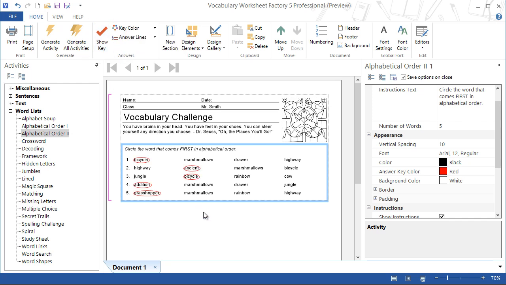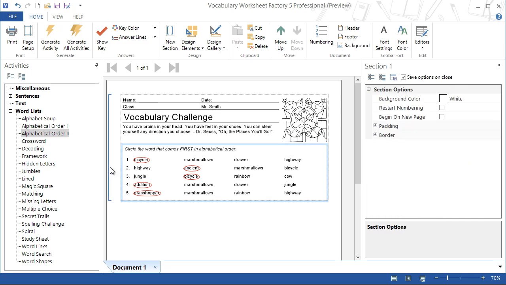And then there's this embracing line on the left of the page. All elements and activities that you add to a document are always enclosed in a section indicated by this line or section indicator. If we click on the left side of the page near the section indicator, the color of the indicator changes from pink to blue, indicating that the section is now the active element and that we can set various options for it.